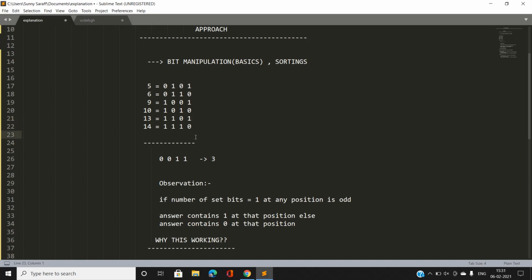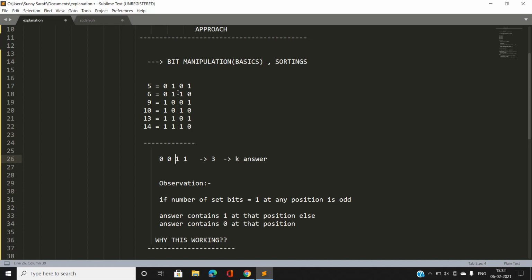So in the case of odd, I am going to place the bit equal to 1 in my answer, that is this is going to denote the value of k. This is our answer. And if the number of set bits equal to 1 for any position starting from the right comes out to be even, I am going to put 0 at that position in my answer. So here for the second position you can see the number of set bits is again odd, so I am going to put 1 here, as you can see.